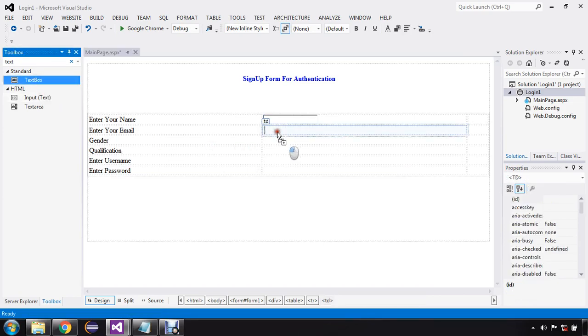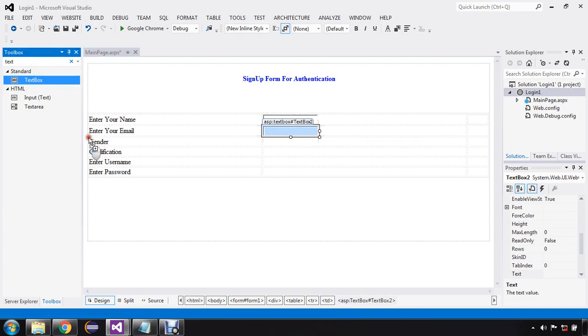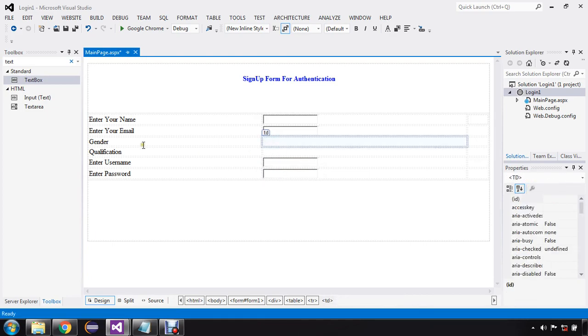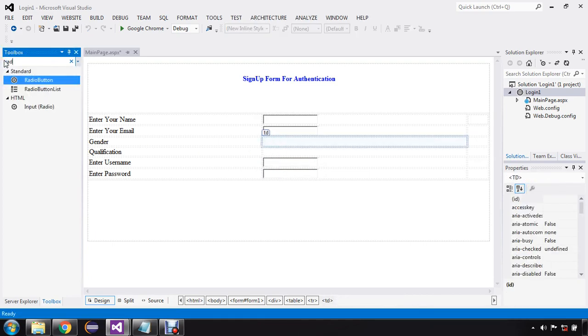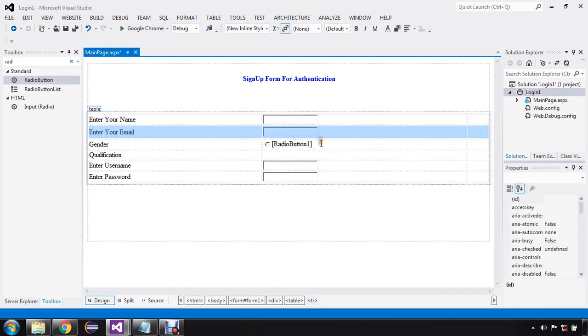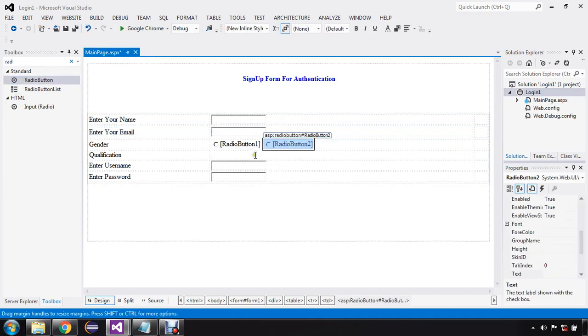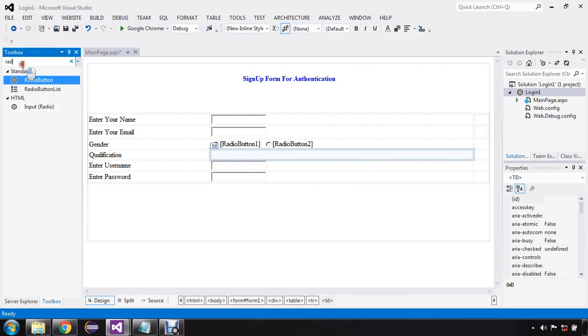I want some more text boxes for my email, my username, and my password. For gender, I am going to use a radio button control. This is my radio button. And I want another radio button. And in qualification, I am going to use a drop down list control.